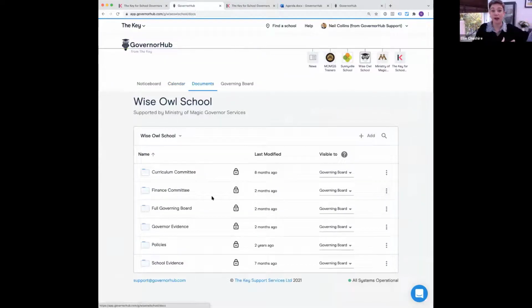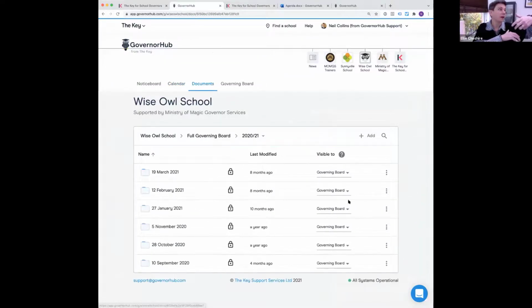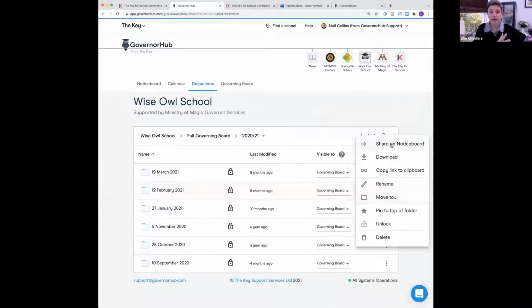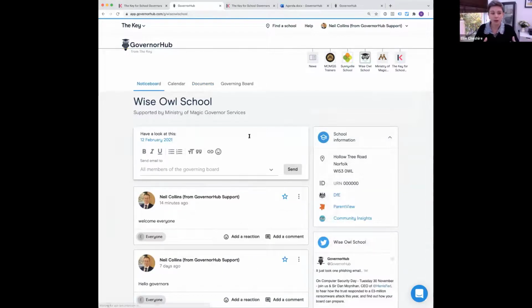So if you have a folder with all your terms of reference in, you can leave all those terms of reference in those folders, and when you're talking about them in a meeting, you can just put the link to them in your meeting folder. So you can be quite flexible. In other systems you end up with multiple copies of documents. If you sensibly use that link, you can have them in all sorts of places and just living in one area.